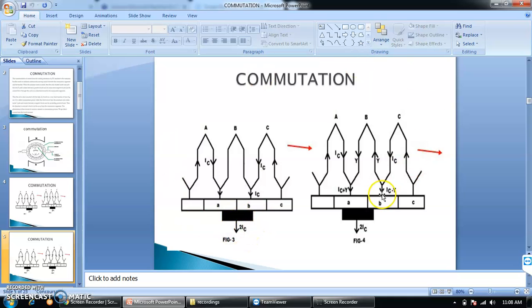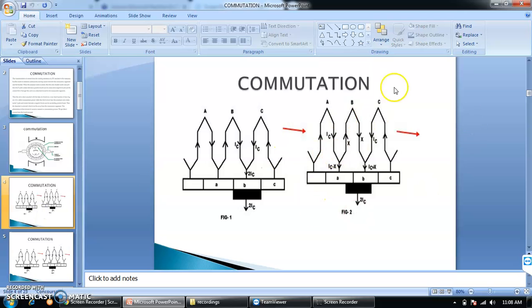Now come to diagram 4. You have already seen that in position 1 the collected current was fixed. In position 2, the brush is moving, and in spite of that the collected current is fixed. In position 3, again the collected current is fixed. And now come to the next diagram. In the next diagram, it is just the reverse case of the second diagram.